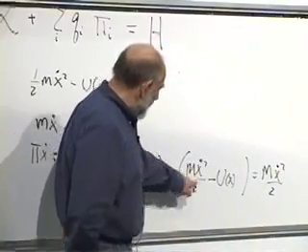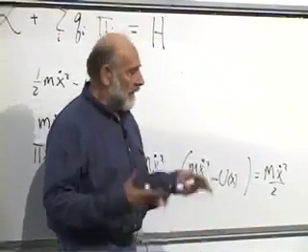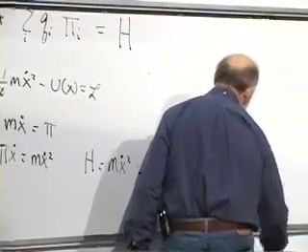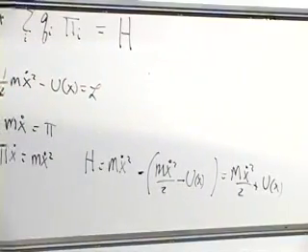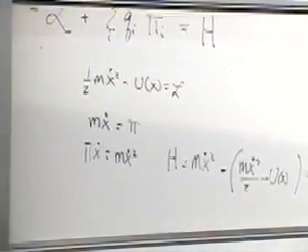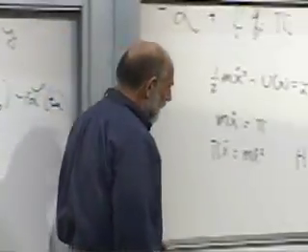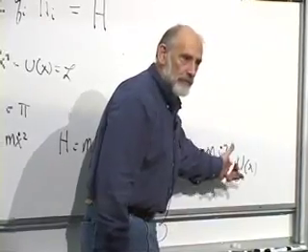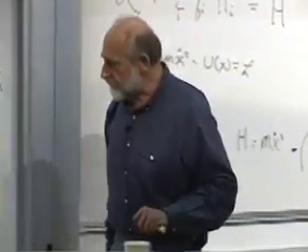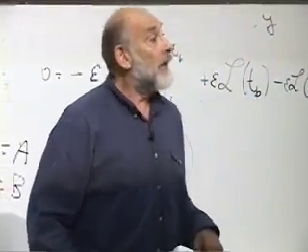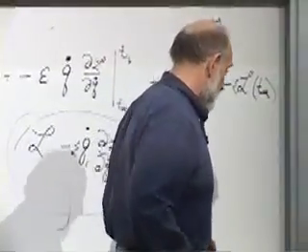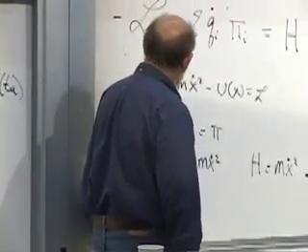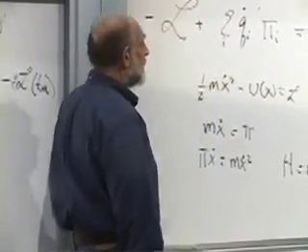Notice we're subtracting minus U of x. That means plus U of x. So indeed, this quantity which is conserved by virtue of the time translation invariance really is the sum of kinetic energy and potential energy. This is true very generally. If you like, even better, it's the definition of energy in mechanics. The definition of energy is the quantity which is conserved as a consequence